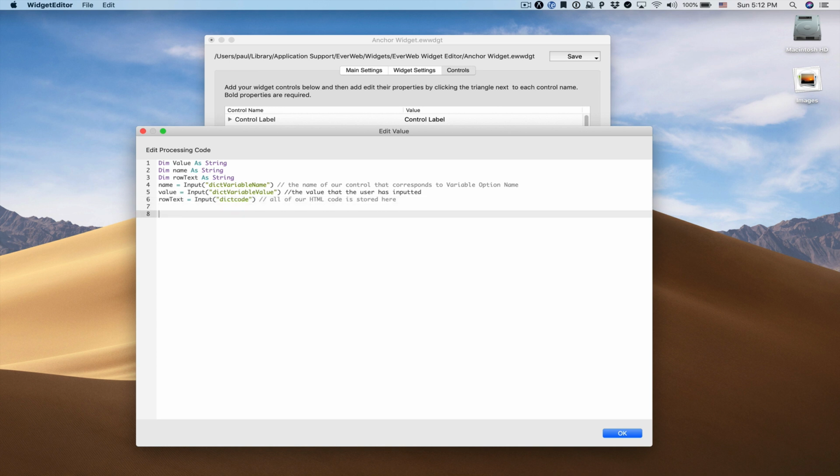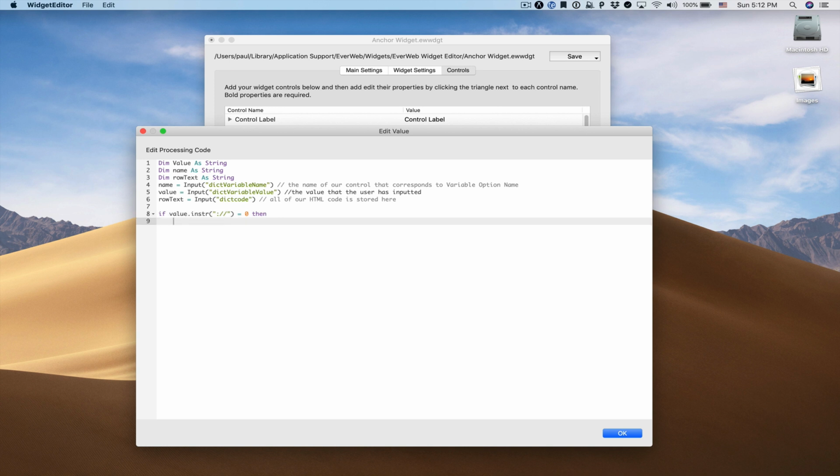So if we want to make sure that no matter what, our URL always has HTTP, we can check for that from the value variable and then fix it before it's exported to the HTML code. To do that, we're going to use some basic scripting. We're going to use an if-then statement. So this line says, if the value does not contain a colon and a slash slash, then we need to